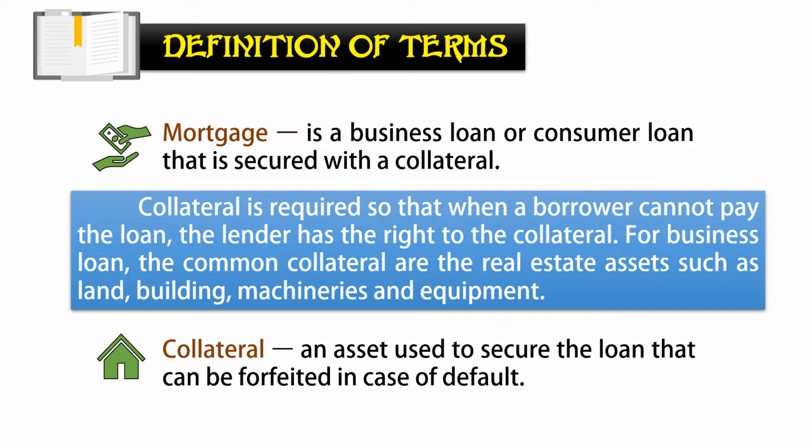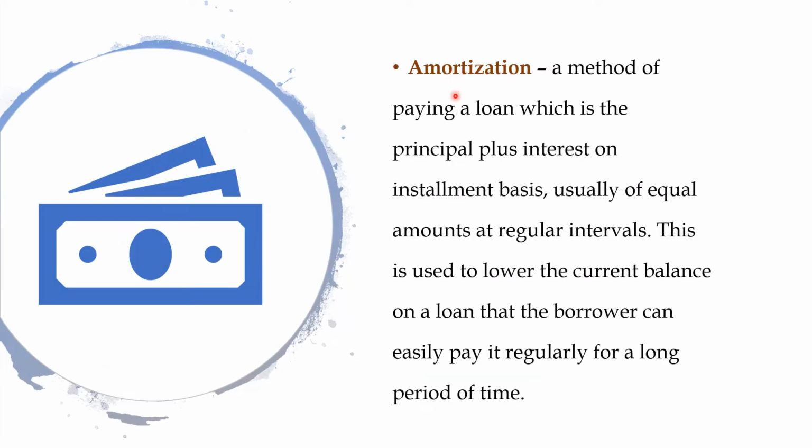So, that is mortgage. Next, we have amortization. What is amortization? It is simply a method of paying a loan. Okay? Take note of that. Ito lang yung method ng pagbabayad ng loan. So, ano-ano yung mga loan na yon? For example, loan sa bangko, loan sa SSS, loan sa GSIS, loan sa Pag-IBIG, loan sa mga lending companies, okay? Or even in purchasing some mobile phones, laptops, and any gadgets at pinasok mo siya sa Home Credit, pati yung mga home appliances. So, ang pagbabayad mo doon, that is what we call amortization.